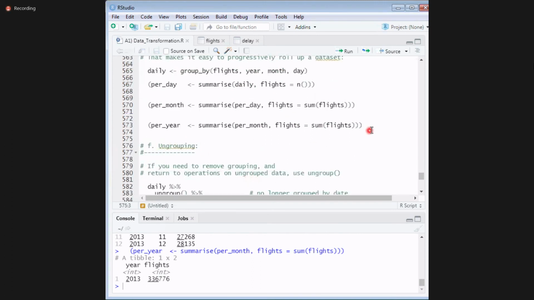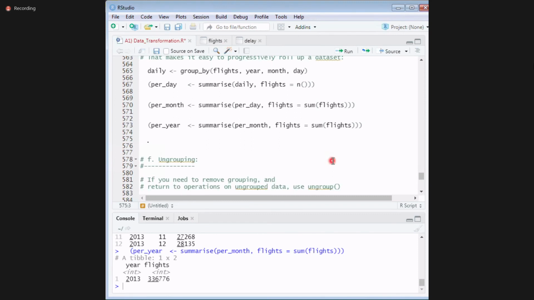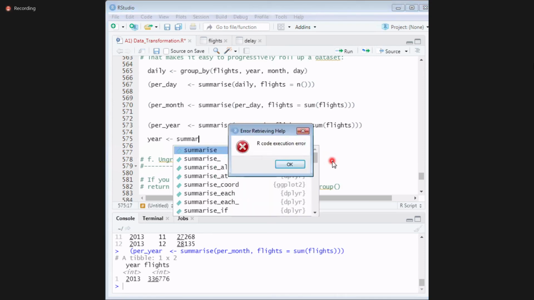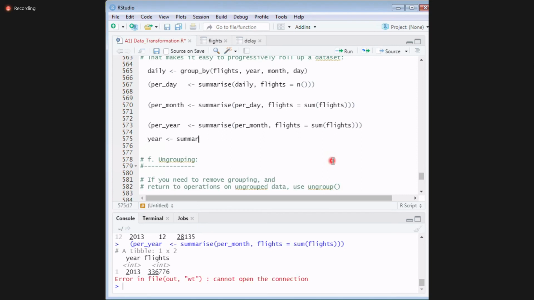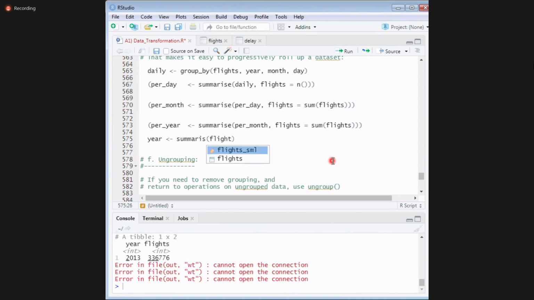Don't you think writing directly will give me this data? Can anyone help me? Year, summarize, flights, comma.